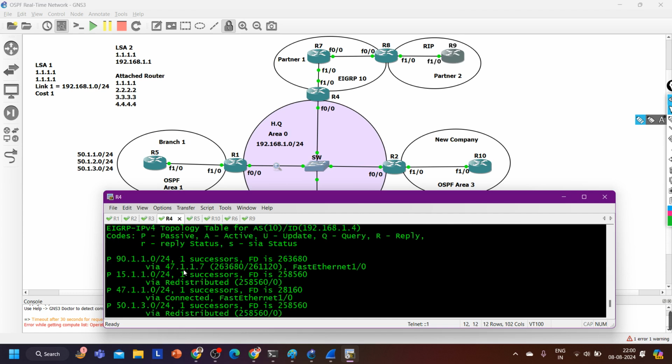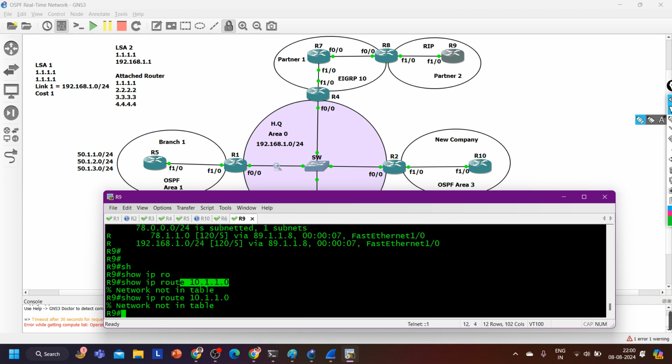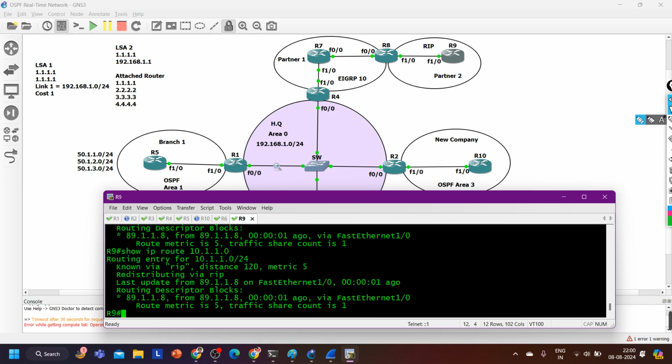Now go again to router number 4 and directly to router number 9, and let me check the table. Still this router doesn't have the route. Now you can see router 9 has received the 10 network, right? Branch 3 network information. Done, guys. Done. Now I am going to advertise